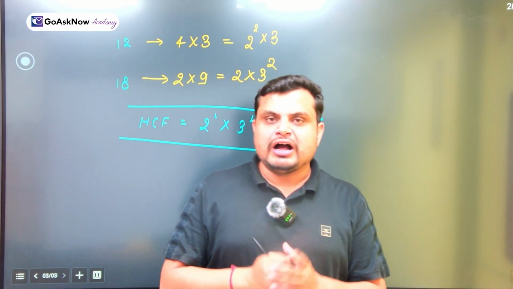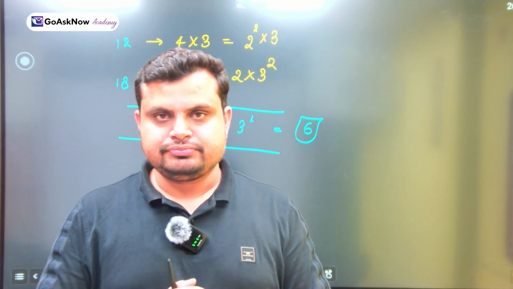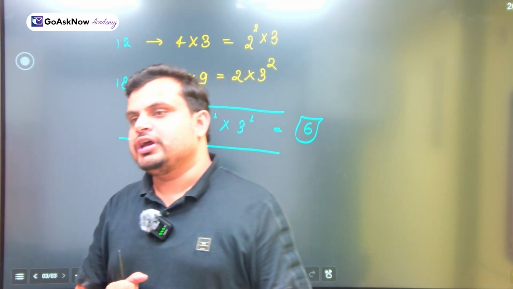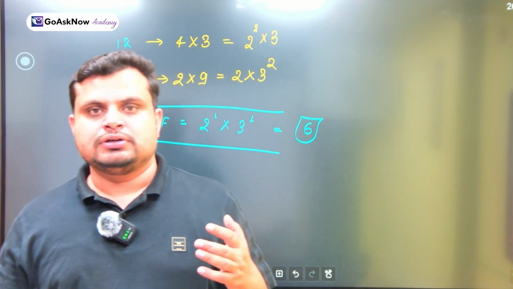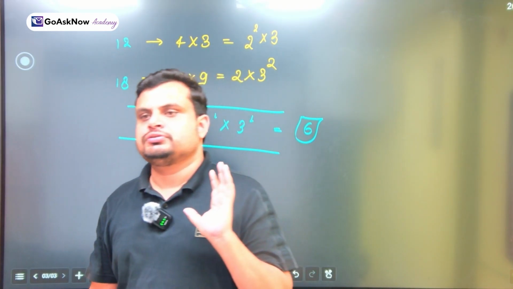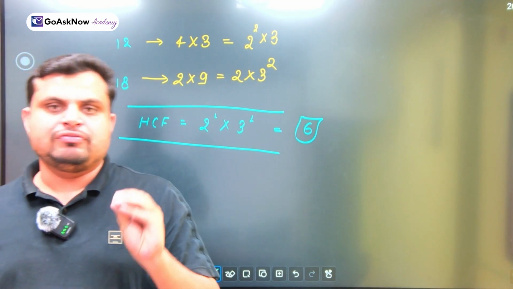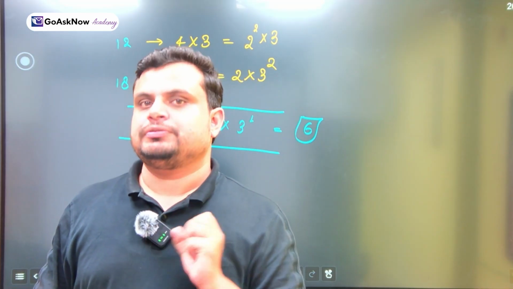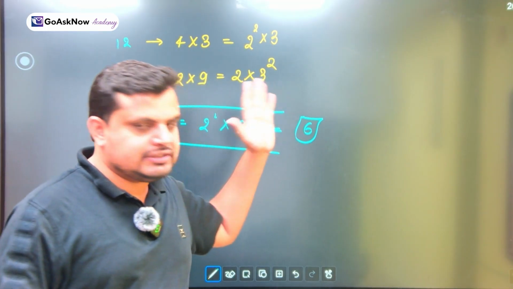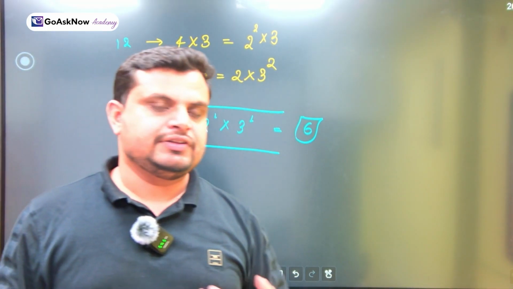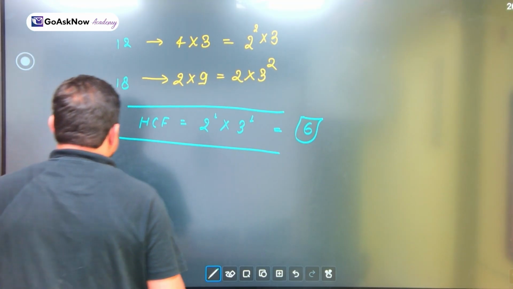Again I am repeating: first of all, find out the common factors of both the numbers. Suppose we have more than two numbers, then we do the same process. We find the common factors, and in each prime factorization we find the minimum common power. Once we complete this process, take out the prime factorization and multiply them, and we get our desired result. Now, while finding the LCM,